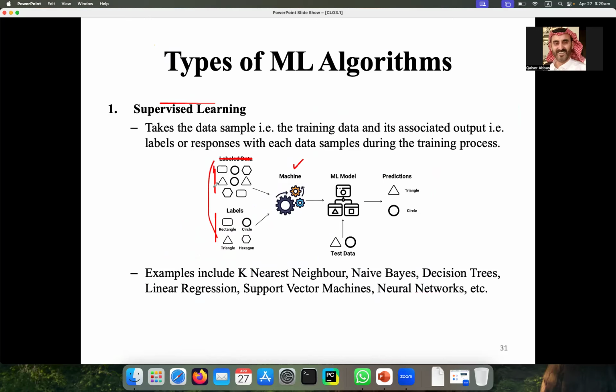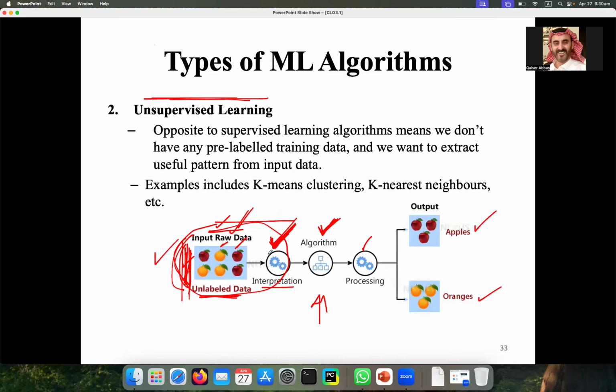In supervised learning, after giving data along with the labels, your model is learning, and now learning is complete, and your model is now ready to run on the test data. And here there is no need to give test data separately, because this is like test data, since you are not providing labels here. Your model has to predict these labels. You are only providing interpretations, which are the features, and then your model is learning, processing your data and separating these categories which you want.